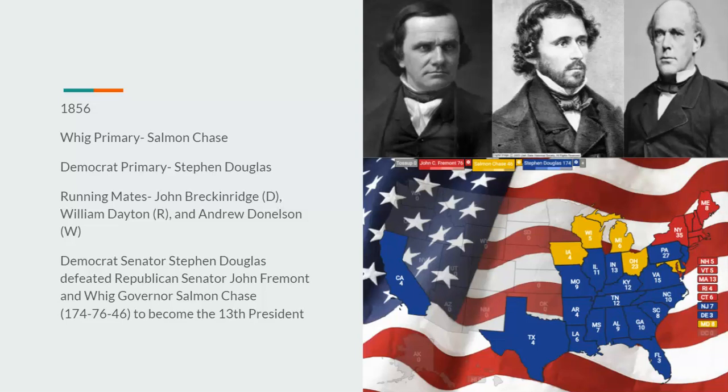And a new party would emerge. The radical wing from the Whig Party would break apart and form the Republican Party, such as in my Hamilton timeline, but the Federalists. Salmon Chase would be the Whig nominee, and John C. Fremont would be the Republican nominee, and they would split the vote. And Stephen Douglas would win due to this, becoming the 13th president. In his first term, we would see the Panic of 1857, the Paiute War, the Third Seminole War would end, as well as the Yakima War ending.